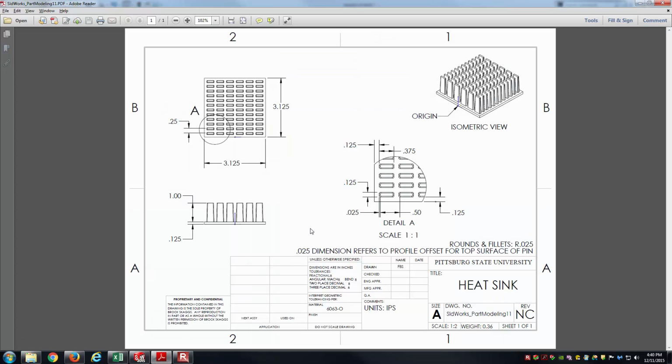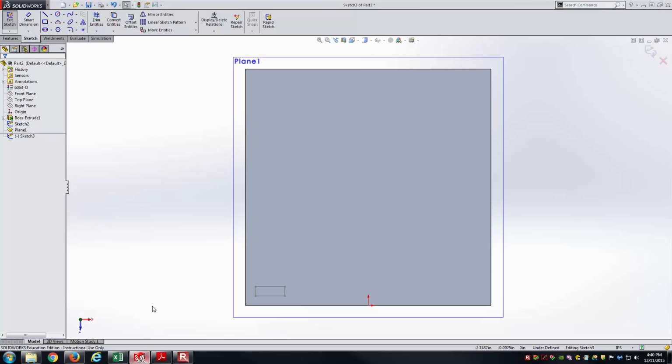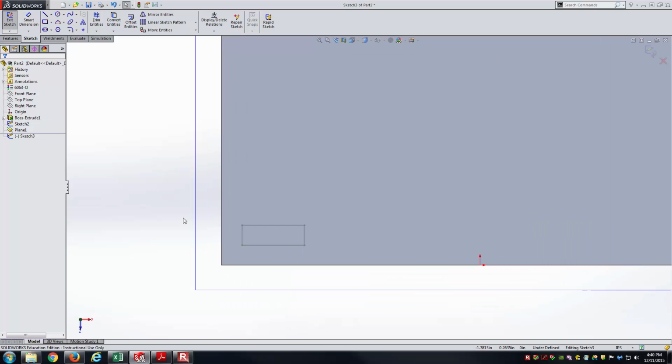As far as what the sketch is going to be, well, it's just going to be a smaller rectangle, right? Because things tapered inward. The amount that it's tapered, you can see, is 0.025 inches per side. And so to do that, I'll make a very easy sketch, because I'm going to basically base this sketch off of the existing sketch geometry. And so what I'll do is I'll go up to Offset Entities,